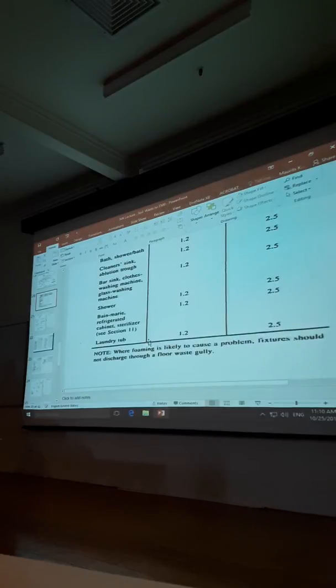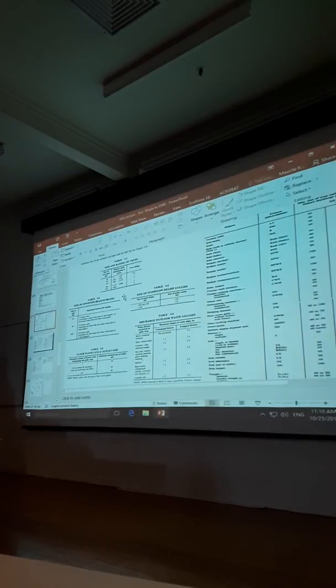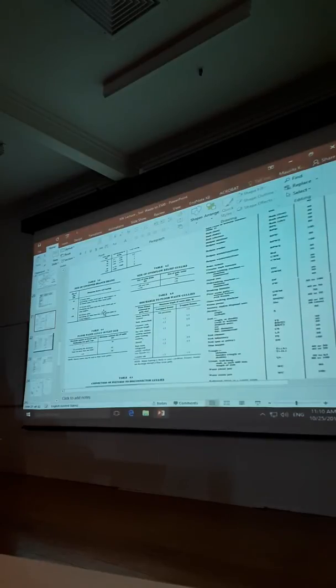so you'll get a whole lot of other tables here as well, which are interesting. Can you read that? It looks a bit blurry to me. But what it tells you is the size of pipe